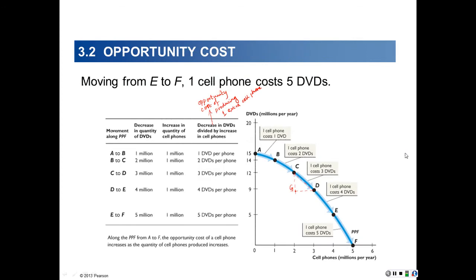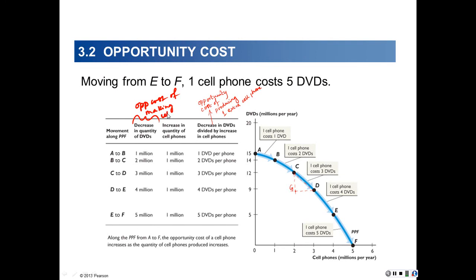In this table, could you tell me the column that represents the opportunity cost of making cell phones? Which column of numbers here indicates the opportunity cost of making cell phones? The second one, exactly. This column here is the opportunity cost of